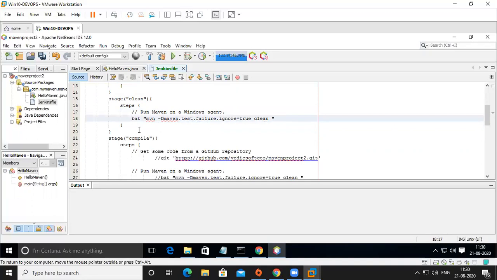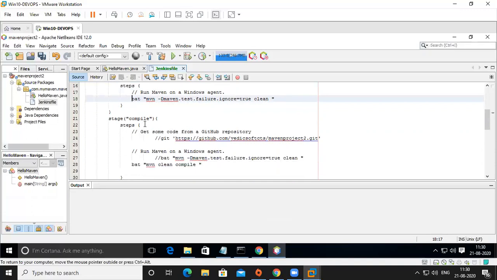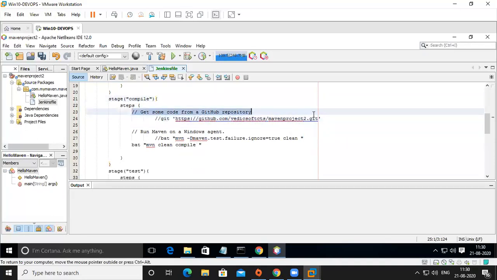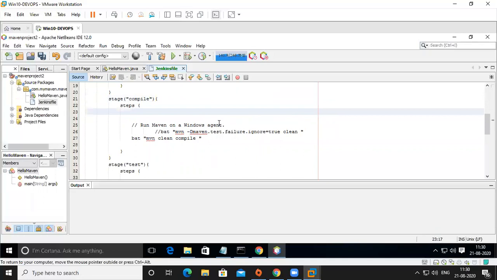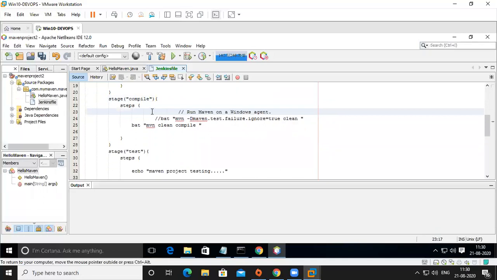So if you want to give echo commands and all, you can give. So this clean, it's a clean step. Okay. Next, it's a compilation step. So this part is not required here. So I'm going to remove this part. Okay. So I'm running this one in Maven agent, and then this part is not required.